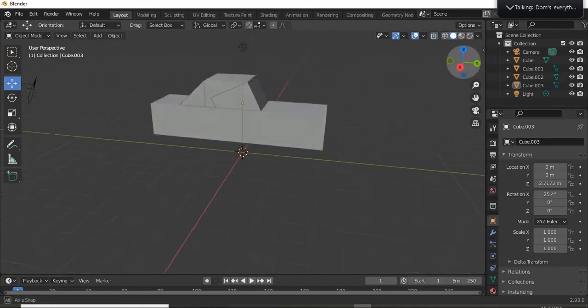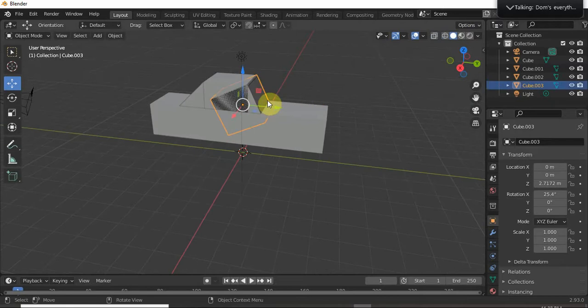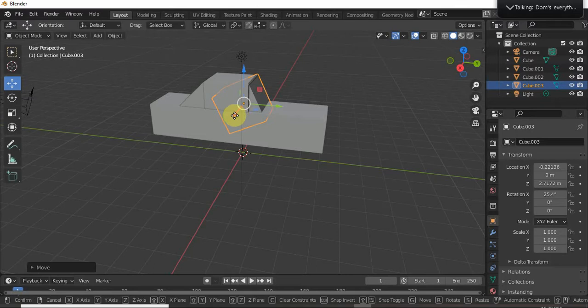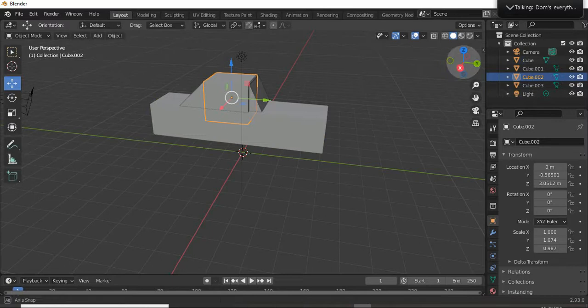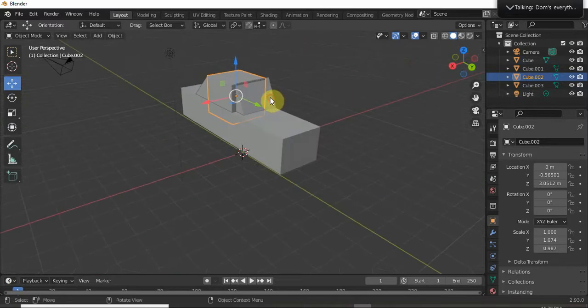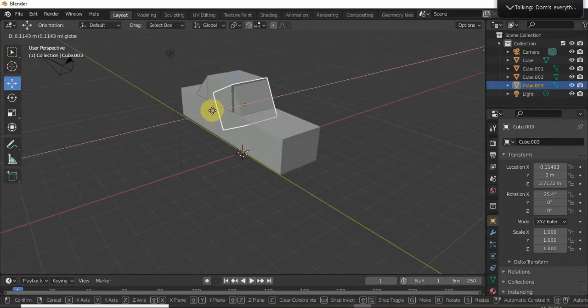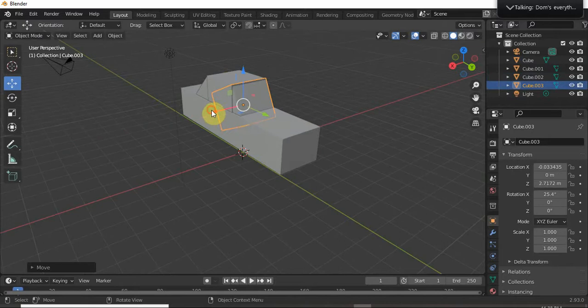Oh, okay. So there's like glitching a bit, so I'm just gonna fix it. The move tool. So I can move it over a bit and line it up roughly,